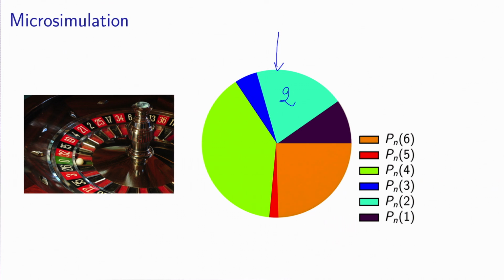Of course, we know that individual n will not always choose alternative 2. The model tells us that the individual will select alternative 2 with some probability. And the next time we throw the same wheel with the same probability distribution, we may end up in another area of the circle and therefore end up with a different chosen alternative. It means that this exercise will have to be repeated several times, because one realization only is just due to chance, to pure random event. So the microsimulation will have to be repeated several times.